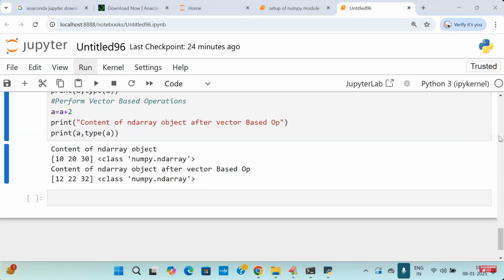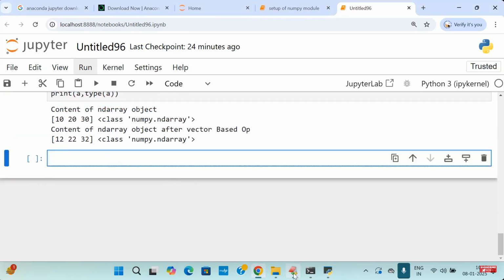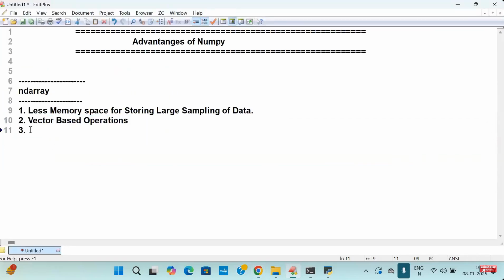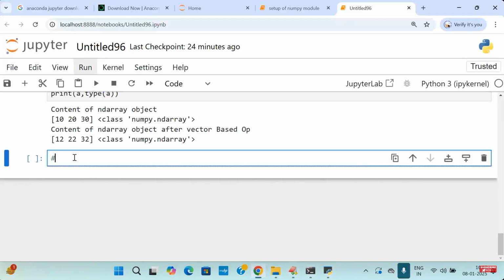Shall I move further now? Yes. Now I'm entering the next step. Another one I'm going to talk about is the data retrieval point of view, the data extracting point. Because when I'm doing a lot of operations on ndarray, data retrieval matters a lot. Shall I show you the data retrieval part now? Yes, please come to the point. I'm talking about data retrieval or